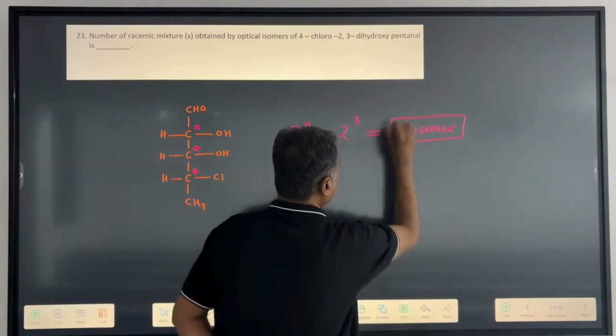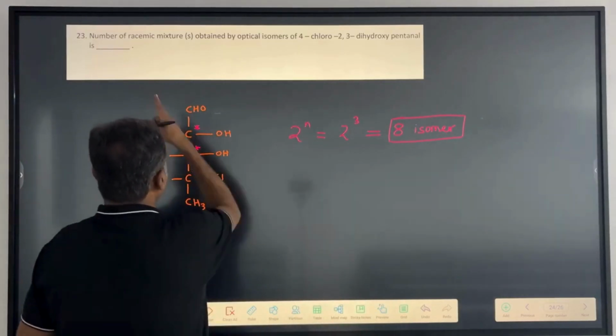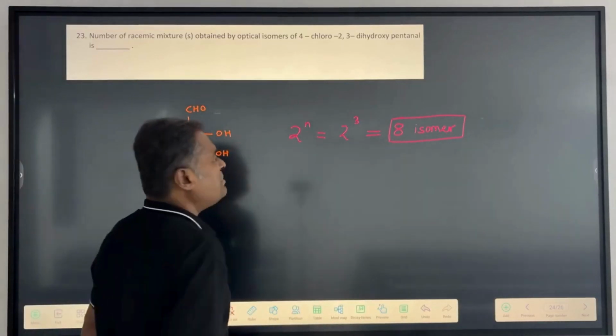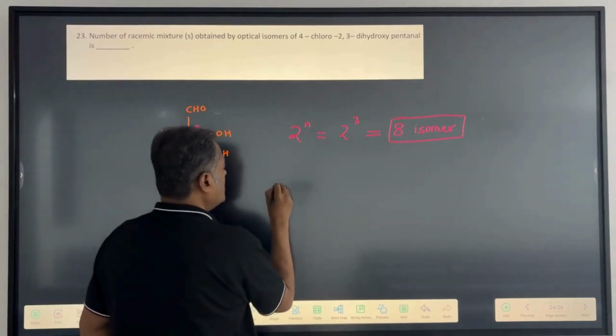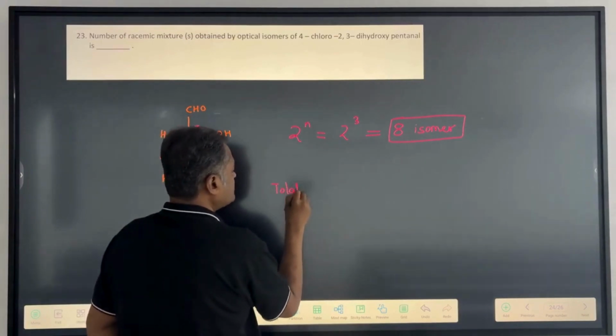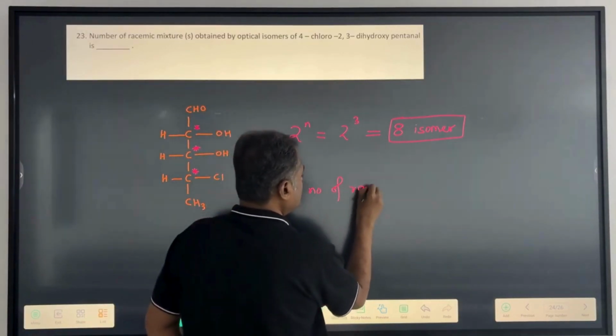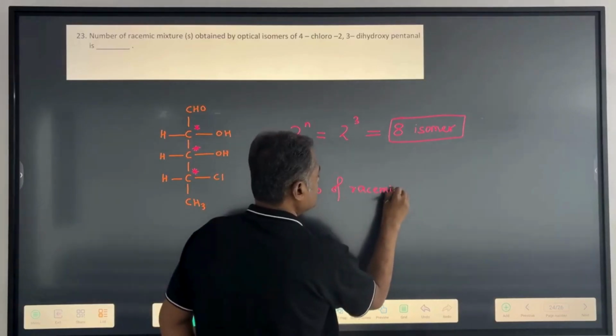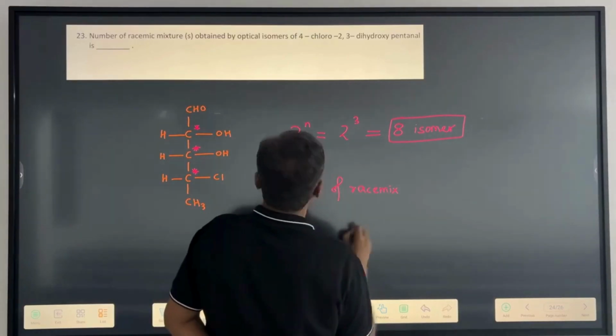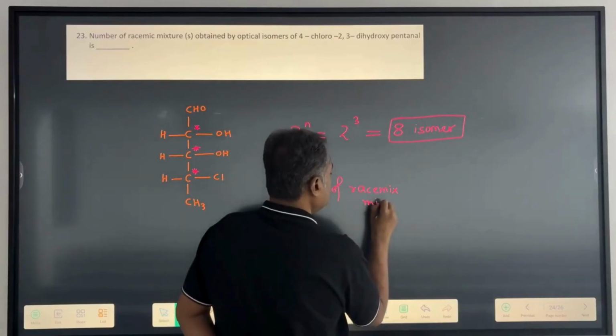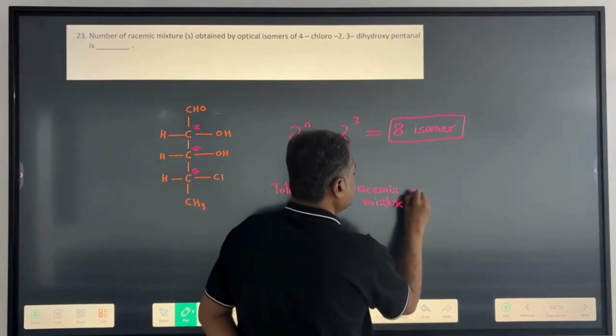But what have they told us to find out? They have told us to find out the racemic mixtures, and the total number of racemic mixtures is